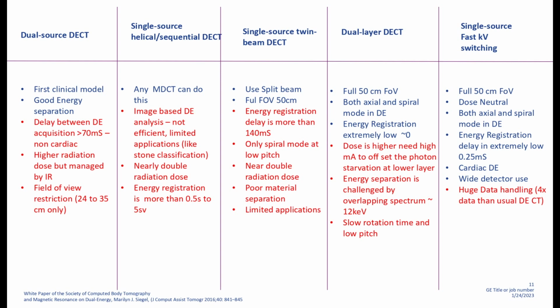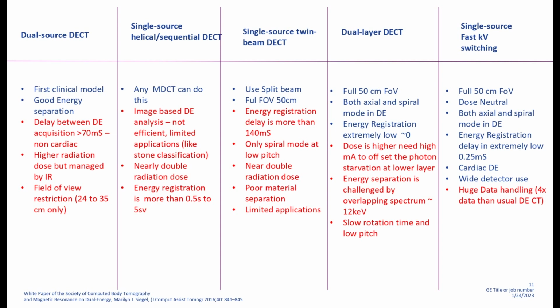This is from some publication. So, dual source CT, since it is using two X-ray beams, the average dose is almost like 1.5 to 1.7 times compared to other methods. I will not say normal, other methods. Single source helical, this method is not very popular